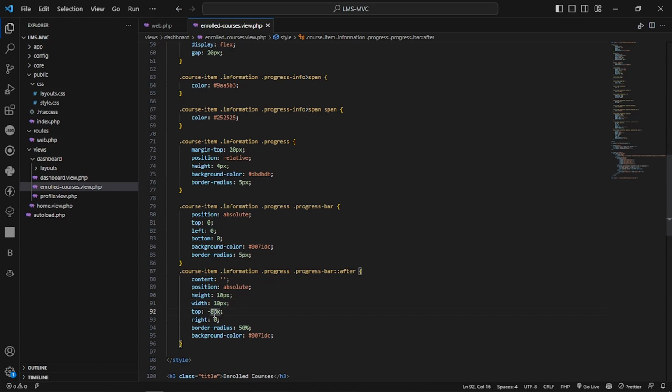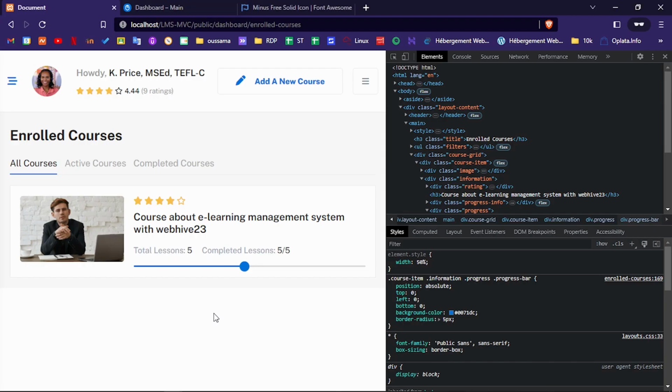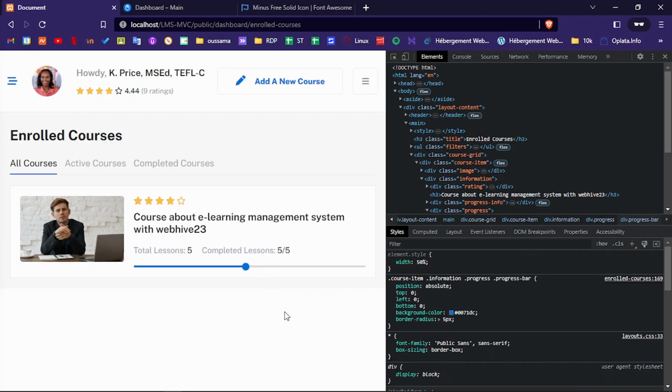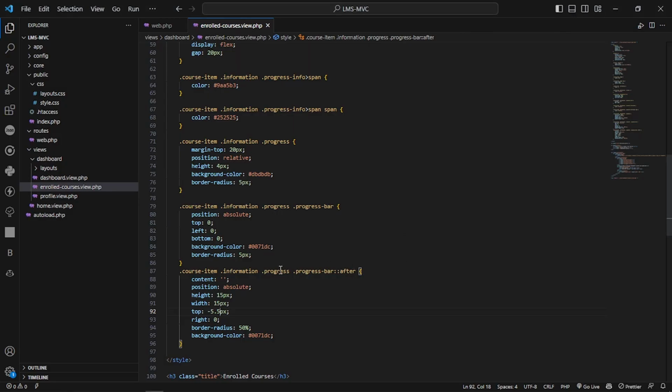So 10 minus 2 is 8. Okay, so this will be 15, and this will be 15 divided by 2. It is 7.5. 7.5 minus 2 is 5.5. So if we make it 5.5, it is in the middle. Okay, it just looks better now. Okay, so the last thing we need is